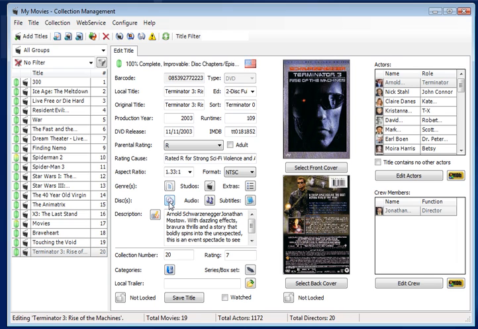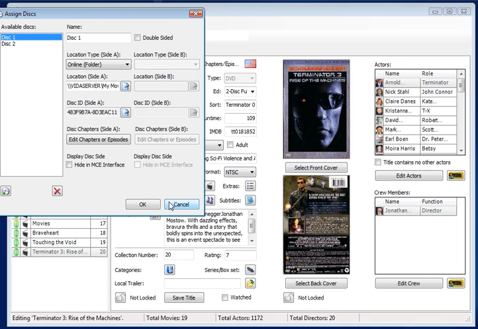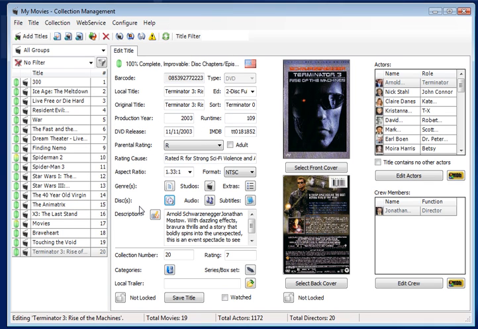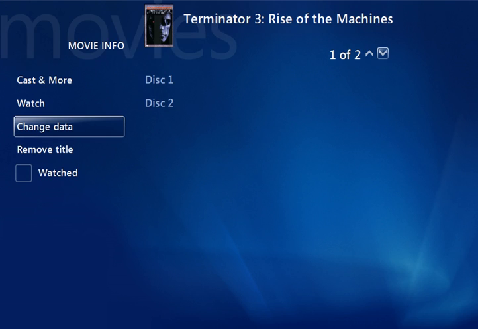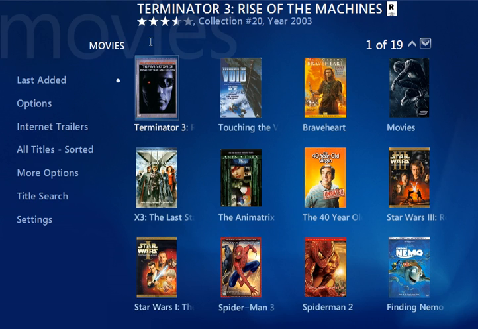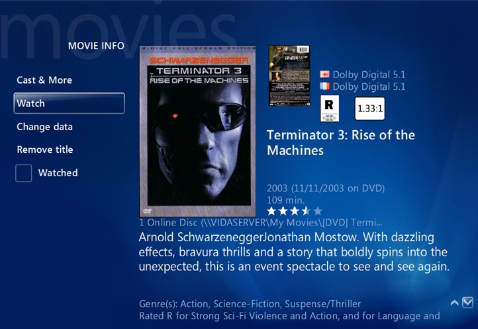You'll see now that disc 1 is tagged correctly with the movie that was archived. Disc 2 is the extra disc. To delete it, simply highlight the disc and hit the red X. Then hit OK. To confirm your changes, click on Save Title. And when we go back into Media Center and refresh it, you'll see that there's only now one single online disc, so that the disc 1 and 2 options won't show